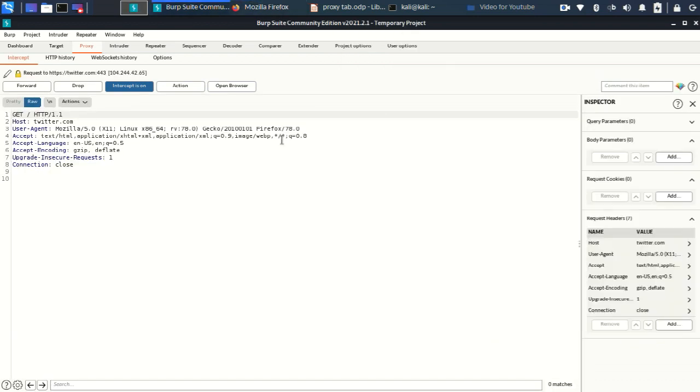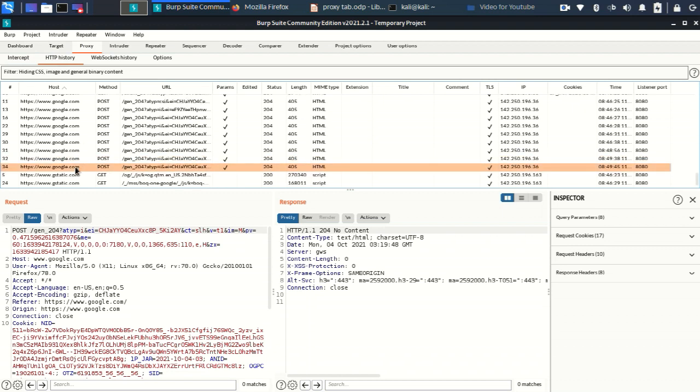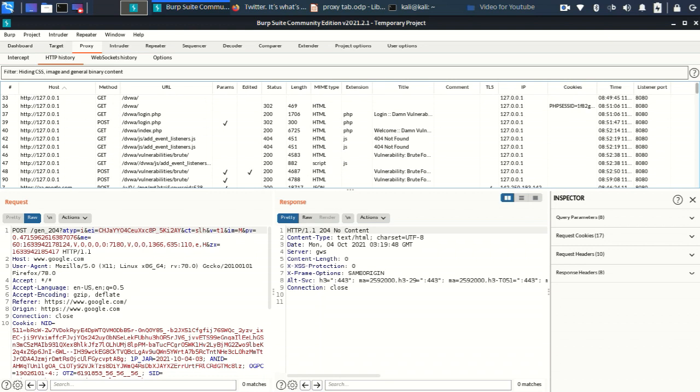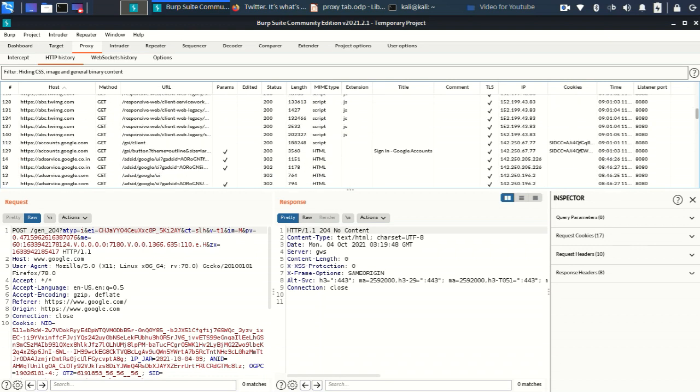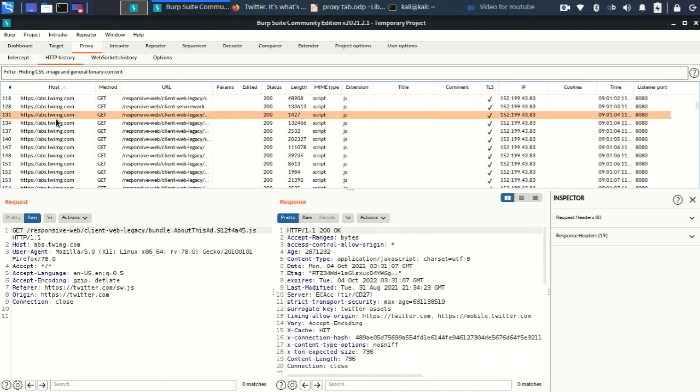Now you can see all the previous requests and the responses. Here you can also see the request and the response to the request, which makes us able to check what was the request and what was the response if you want to check history.